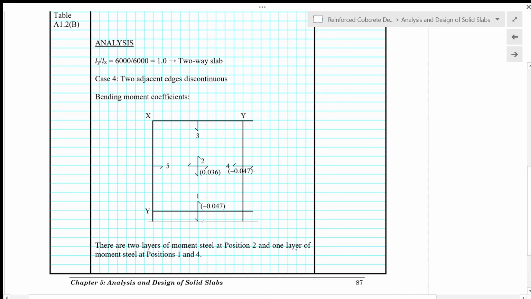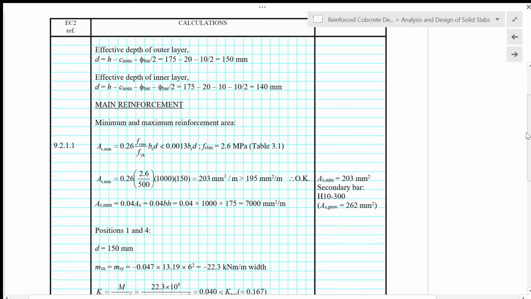And then for position number 1 and number 4, there is only one layer of moment steel in this direction, and position number 1 we have only one layer of moment steel in that direction. So the effective depth of the outer layer of steel is H minus cover minus half the diameter of bar, so it's 150 mm, and the effective depth for the inner layer is H minus cover minus bar diameter minus